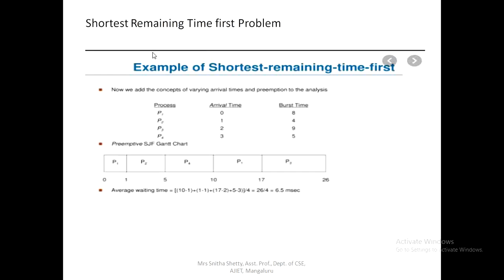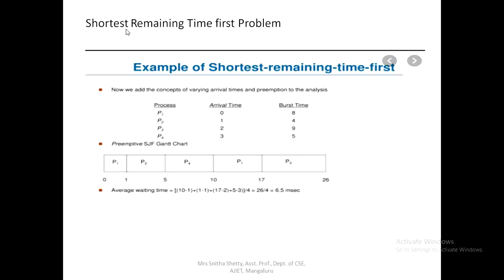So before going to the program, let us see some theory part, which you have already completed. You might have studied this in the operating system subject about scheduling algorithms. There are different scheduling algorithms, that means how processes can be scheduled. Processes can be scheduled in different ways, and there are so many algorithms like first come first serve, first come last serve, shortest time first, shortest job first, or round robin. Many algorithms you might have studied. Here they asked for SRTF, that is shortest remaining time first. Okay, so let's see the problem.